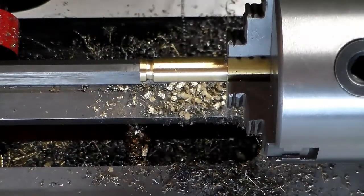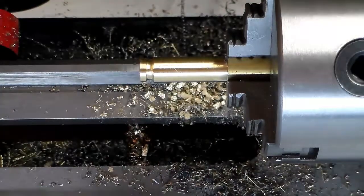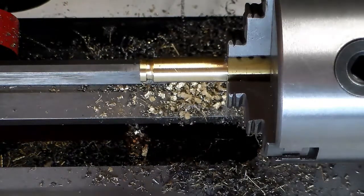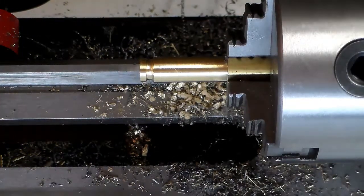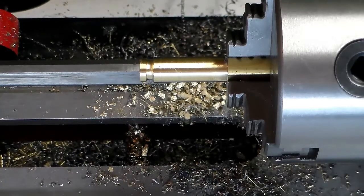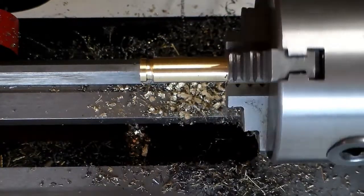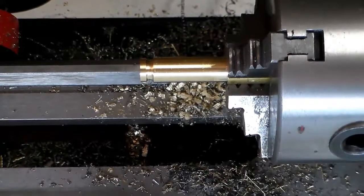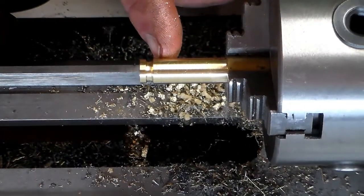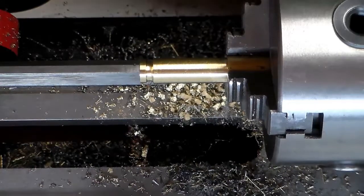Now, for the fun part. I got to do a little rigging here, because what I've got to do, I've got to come back here off of my spindle gear, and I'm going to use that basically as an index ring, and then I'm going to come in here. I'm going to grind the other end of this tool bit right here,